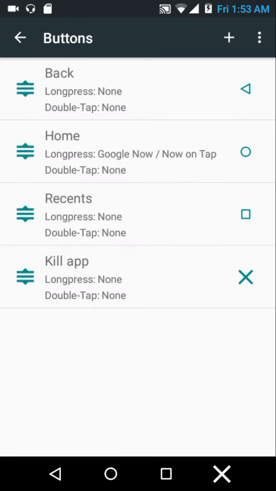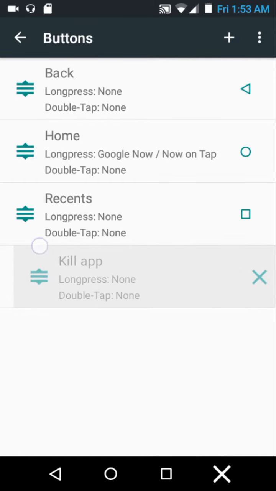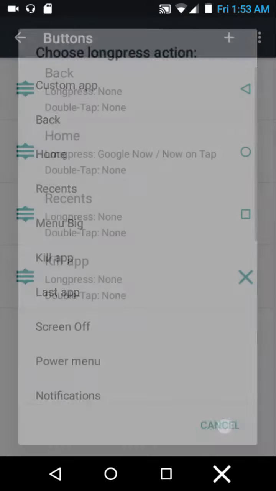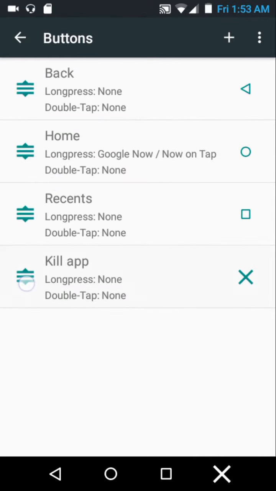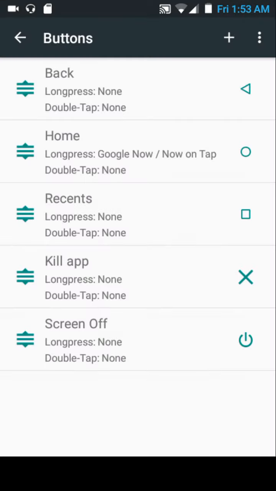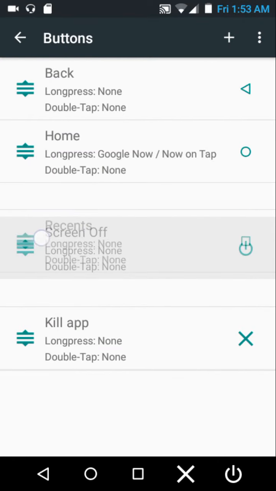And if you want to change the order of the navigation bar buttons, you just need to press on this switch, or whatever you may call that. Press on this, tap on this, and I guess, yeah, sorry, okay, we'll just quickly add another icon, so screen off. And yeah, okay, so